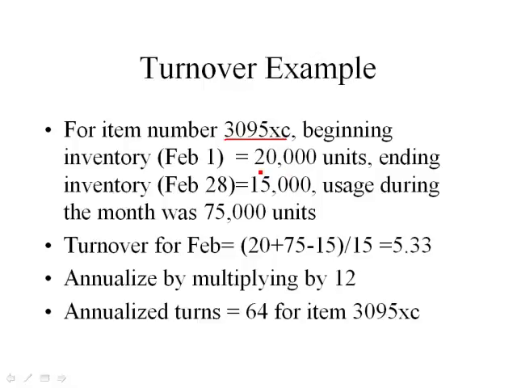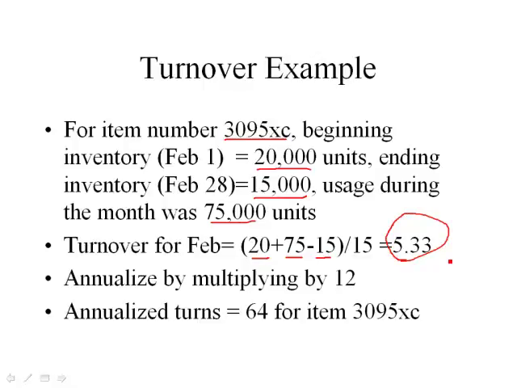So let's say that we started out the month with 20,000 units of this material in stock. We ended the month with 15,000, and during the month we bought 75,000 units of this material. So we started with 20,000, we bought another 75,000, but we ended up with 15,000. So that's our numerator, the beginning inventory plus the purchases minus the ending inventory. And in this case, we're just going to use the ending inventory and assume that that's representative of the average inventory for the period. So if we divide the numerator by the denominator, we can see that we got 5.33